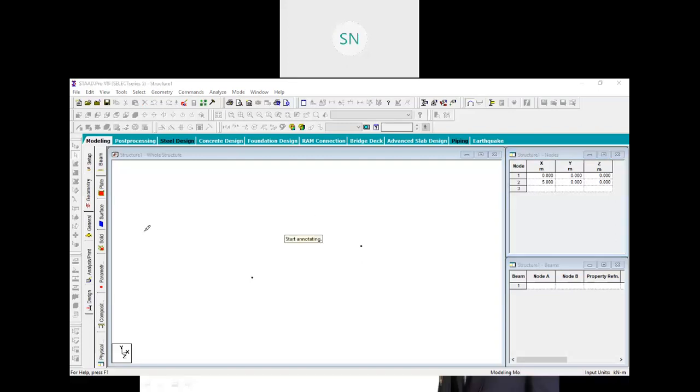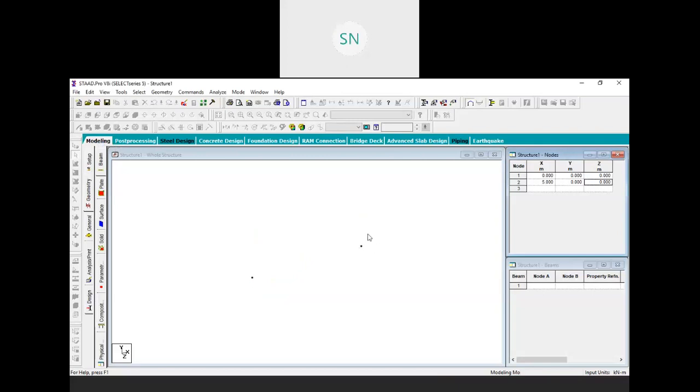Again I am annotating this. This is our x, this is our y, and this is our z, and we just provide 5 meter to the x direction only. So 5 0 0. For example, I want to place one point exactly above this point, which is already at 5 meter in x. Again I want to go 5 meter in y. So what will be our coordinate? 5 meter in x, 5 meter in y, and 0 in z. So see, this point is on the top of this point.